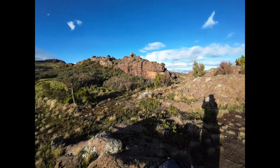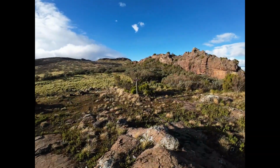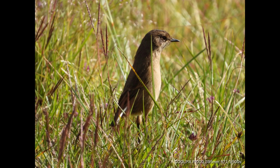And two days later, I still haven't seen the flufftail. So, not too bad. It's a beautiful place. It means I've got another hike planned for